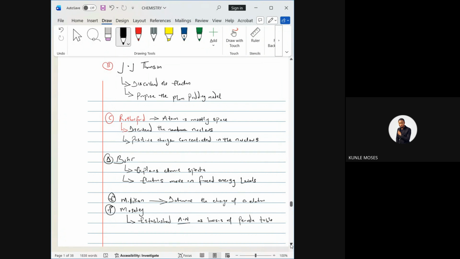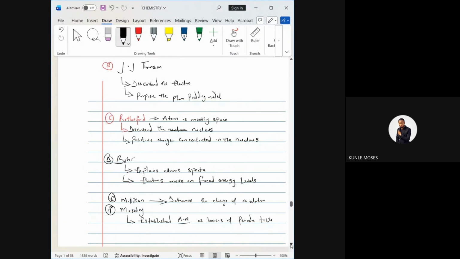Dalton, what did Dalton discover? Anybody? Dalton's atomic theory. Gifty, Paul, Adeniyi, Joseph, Titilola. I think he discovered indivisible atoms. He said matter is made up of indivisible atoms. Yes. That was what we just read. I've been reciting it since morning.